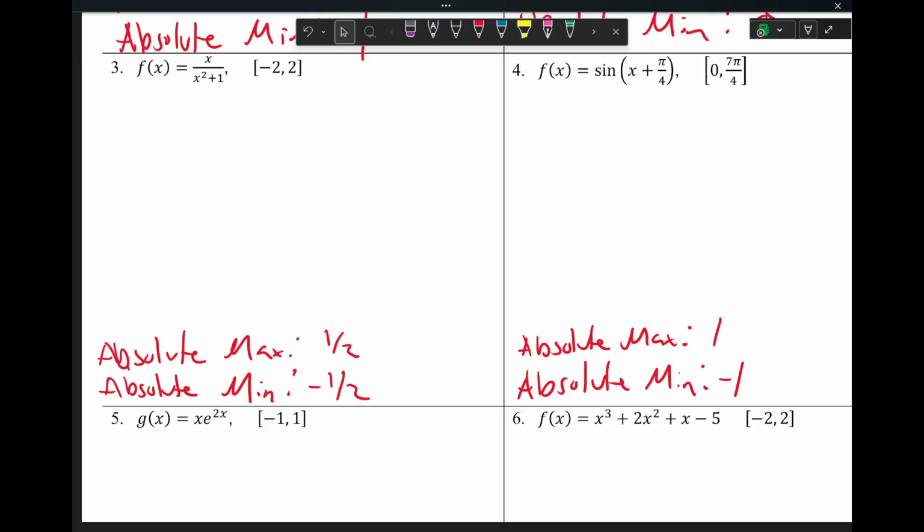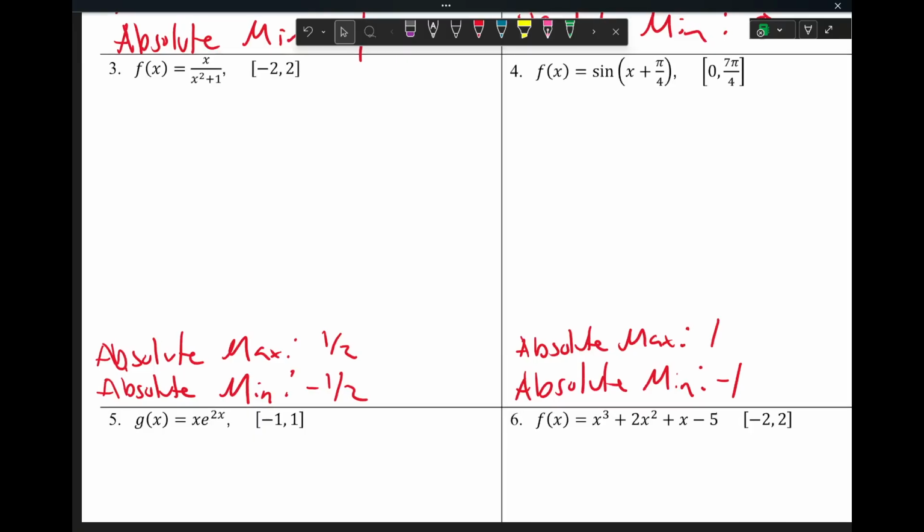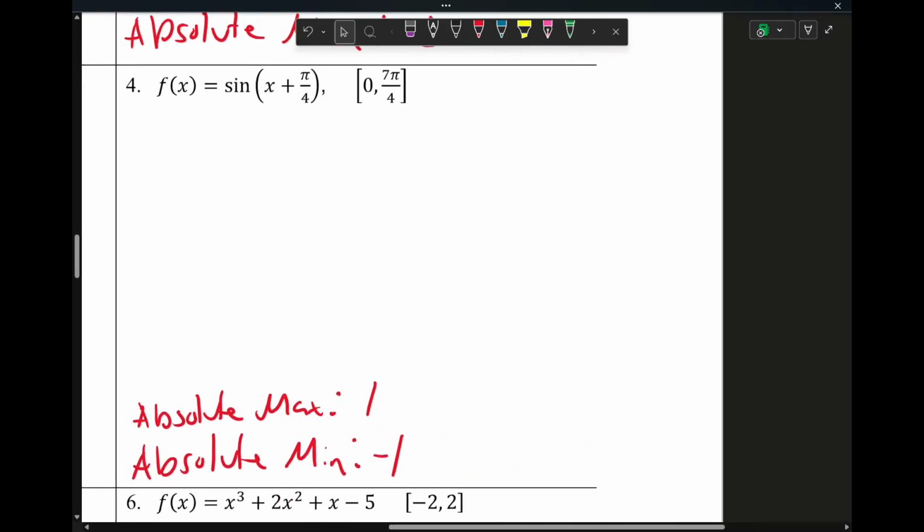You can do 4. Number 4? Okay. And actually, I'm kind of glad you asked about 4 because I felt like when I was at the end of this question, I should have known these answers, they should have kind of made sense. Like if you think about the unit circle. So